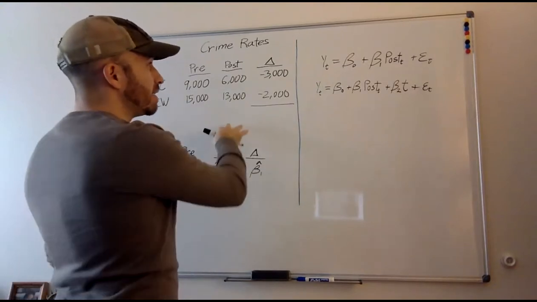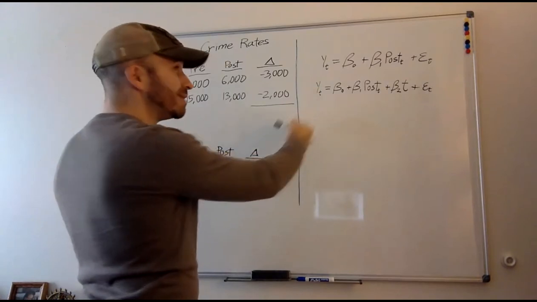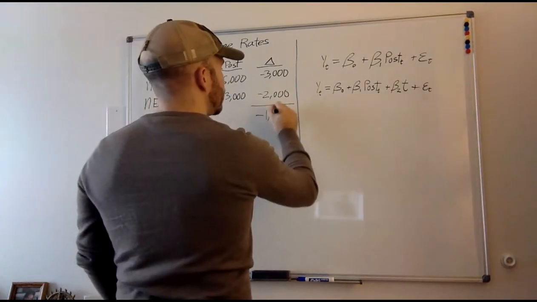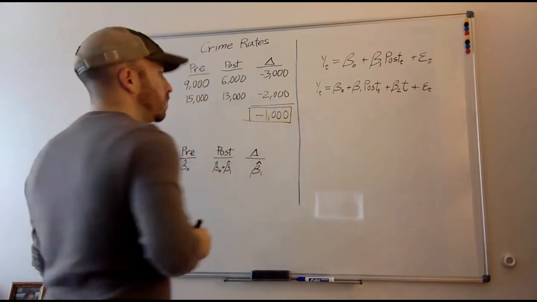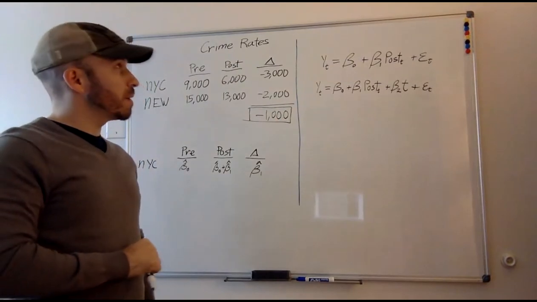And so that would be negative 3,000 minus negative 2,000, or plus 2,000, meaning the net effect would be negative 1,000, right? So